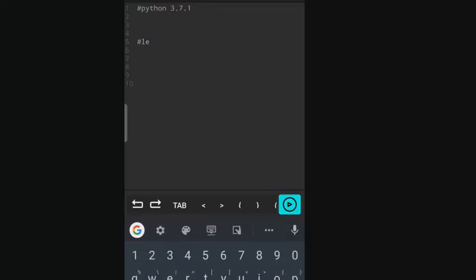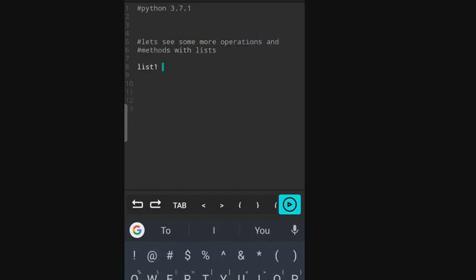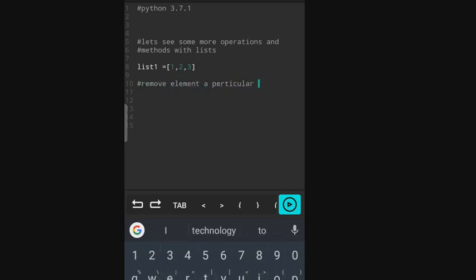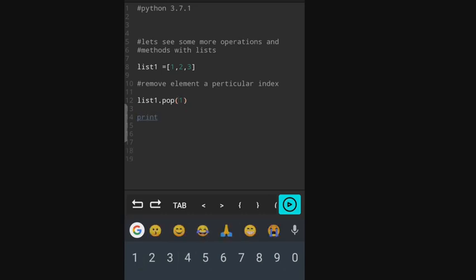Let's see more methods with examples. Let me create our list1 again with values 1, 2, 3. To remove an element at a particular index, we have the pop method and we need to specify our index value.